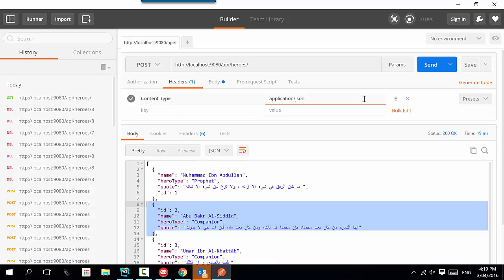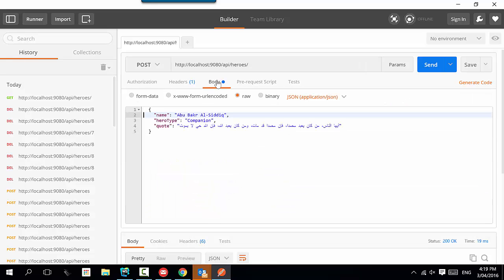What does this header tell the server? In what format the body is. So that's it. These are the three pieces of information I'm telling the server side. I am sending a post request to this URL, and through a header called content type, I am telling the server side, by the way, the data format in the body is JSON. And now it's just time to send the request. So when I send the request,